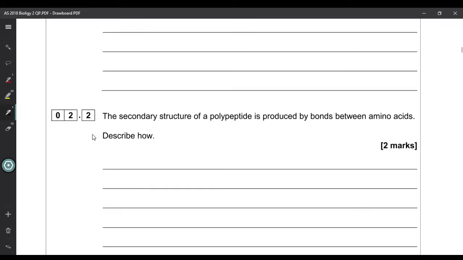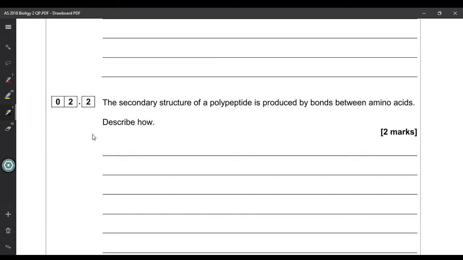Right, part 2 asks the secondary structure of a polypeptide is produced by bonds between amino acids. So here we've just got by bonds. It's not telling us what type of bonds those are. So obviously we've got to say what bonds are necessary to hold the protein in particular aspects of secondary structure. So the type of bonds involved in secondary structure are hydrogen bonds,